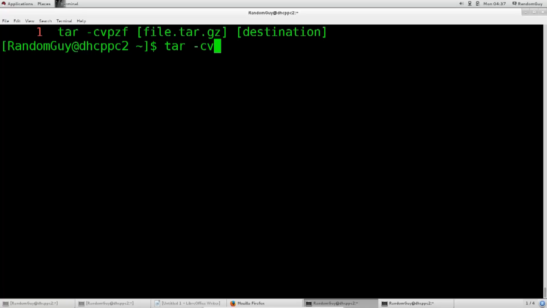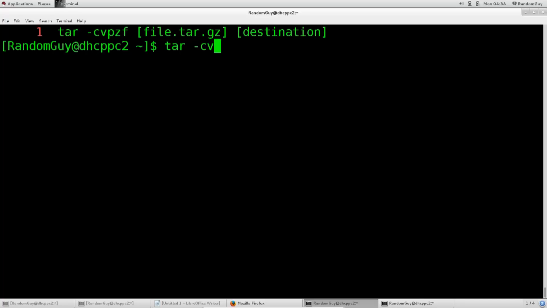Next, we have V, and what have we learned that V represents? Well, verbosity, verbose output. You want the computer to be telling you what it is doing. Although with a lot of backups, since a lot of them are automated tasks, it's probably a good idea to omit the V completely, unless you're doing the manual backup.